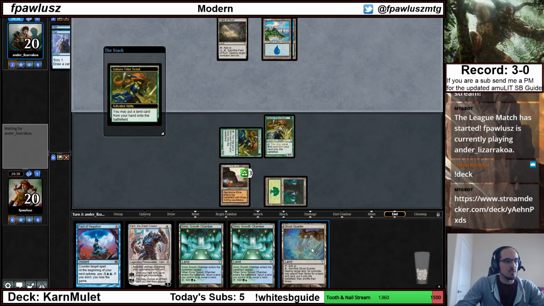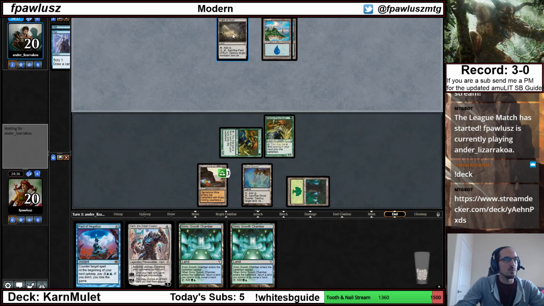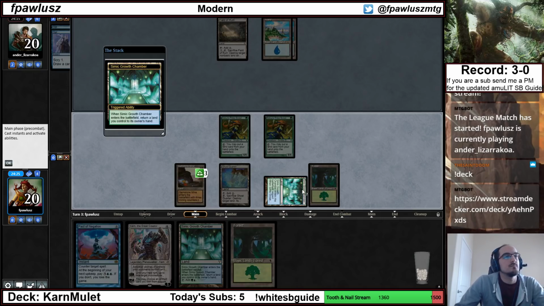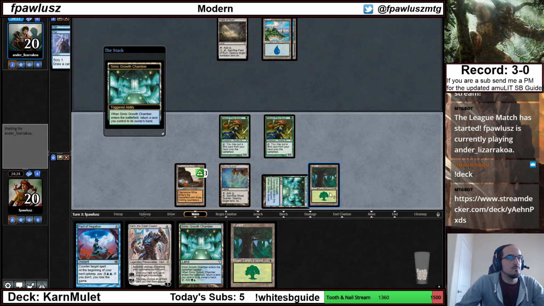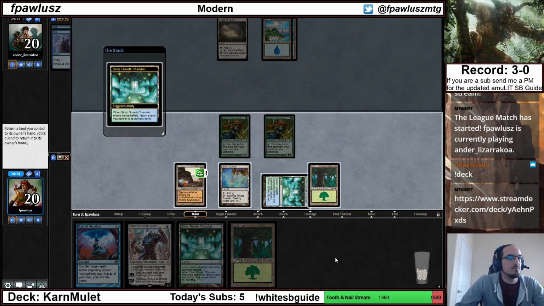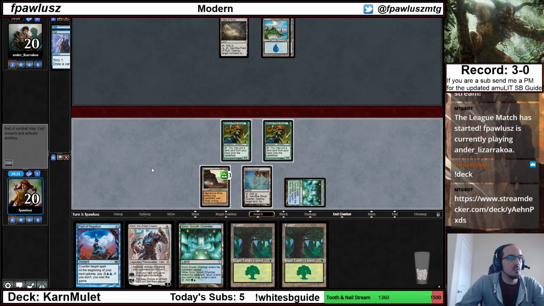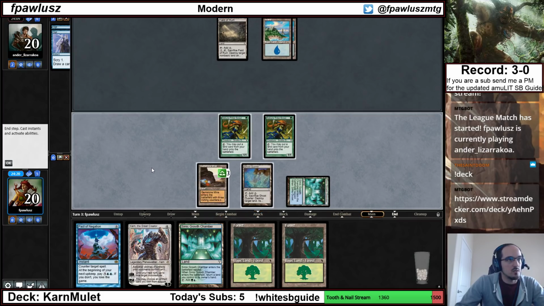Alright, so we flash in Ghost Quarter here, end of turn. I don't want to enable my opponent's Field of Ruin. And now, wow, these are some bad draws. These are some really bad draws. I don't think I want to play Karn in the face of counter magic. Maybe it's wrong, but...